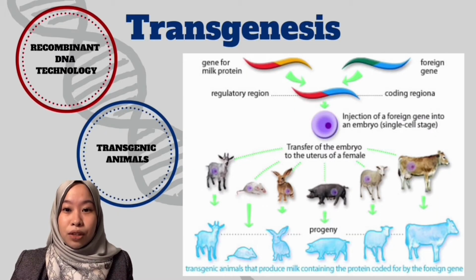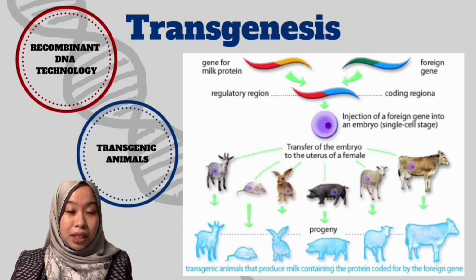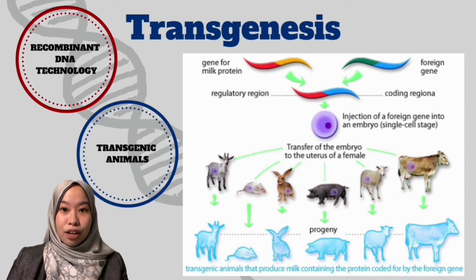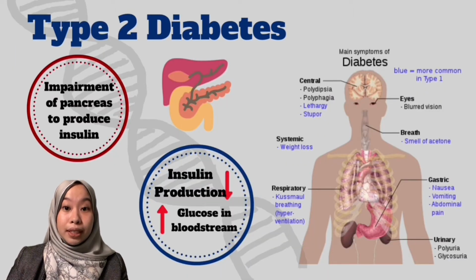Transgenesis is the process of combining DNA or inserting a foreign DNA into a genome using recombinant DNA technology so that the desired property will be transmitted to its offspring. These offspring are called transgenic animals. They provide animal models of human diseases to help researchers find new treatments. And today, me, Liyana, Farah, Najihah, and Najwaa will be discussing how transgenesis helps in the development of drugs